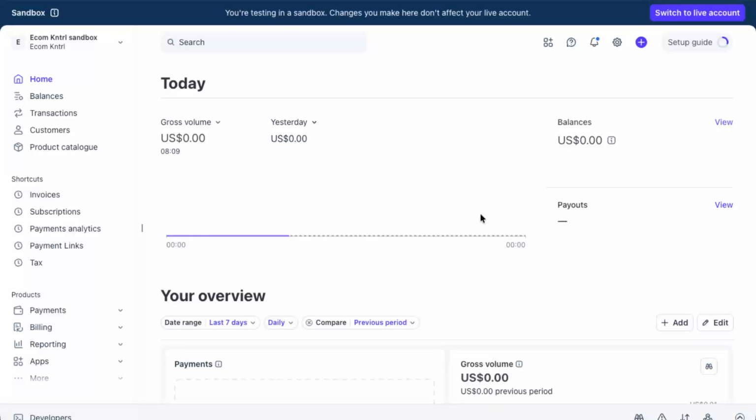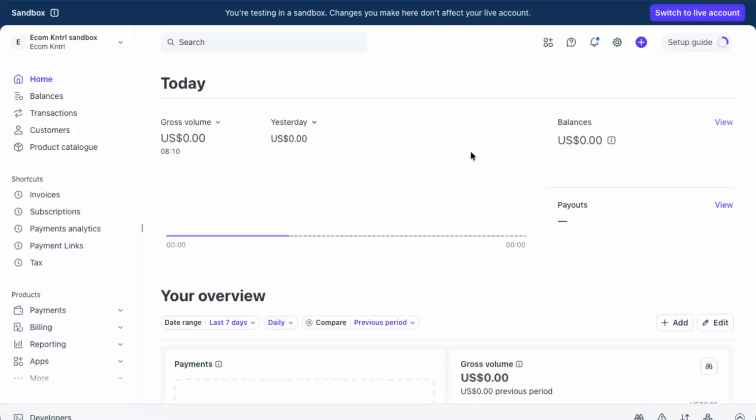In today's video, I'm going to teach you how to enable automatic currency conversion for Stripe payments. This feature is often called adaptive pricing in Stripe, and it lets your customers see prices in their own local currency while you still get paid in your default currency behind the scenes. It's a great way to reduce friction at checkout and make your payment experience feel much more familiar to buyers